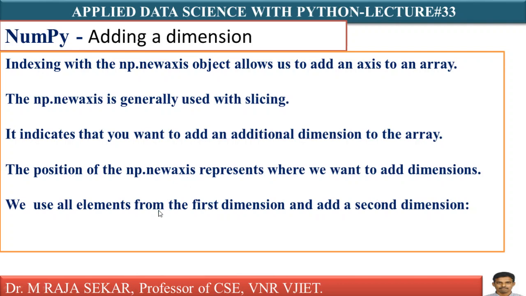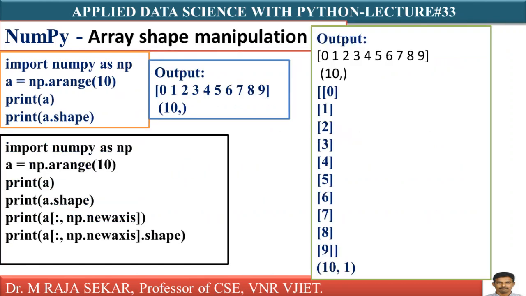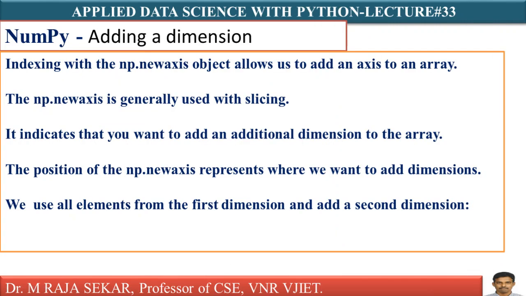Indexing with np.newaxis allows us to add one more dimension. In my previous lecture, in broadcasting, we were discussing this particular np.newaxis, and how it is useful, we already discussed. Let me take one simple example and explain it. After that, just go through this simple language. I can say np.newaxis is useful to add a new dimension. It allows us to add one more dimension to the existing array.